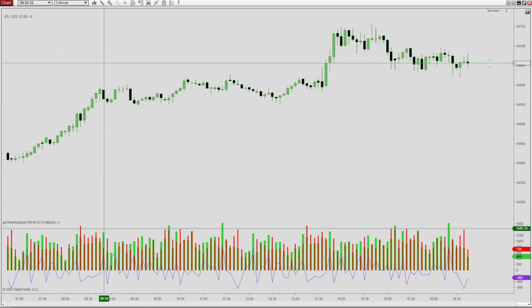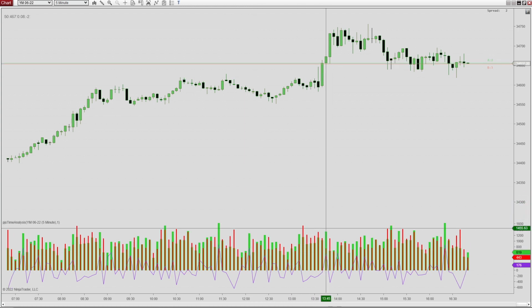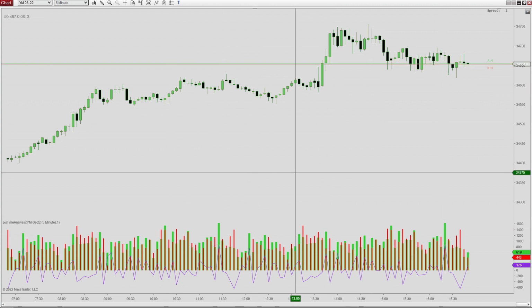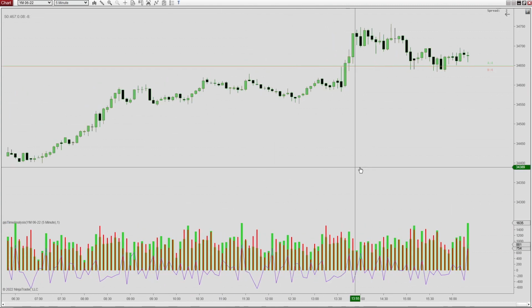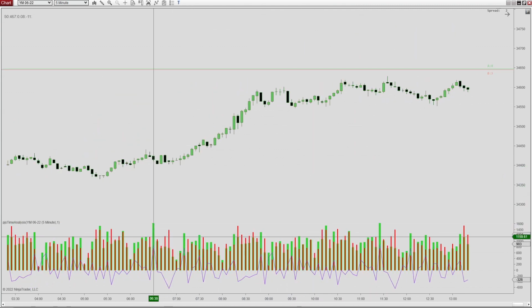The 8:50 bar, 11:25 bar, 12:05 bar, 13:45 bar, 16:20. As I say, I'm not suggesting you buy or sell based on time periods, but there does appear to be